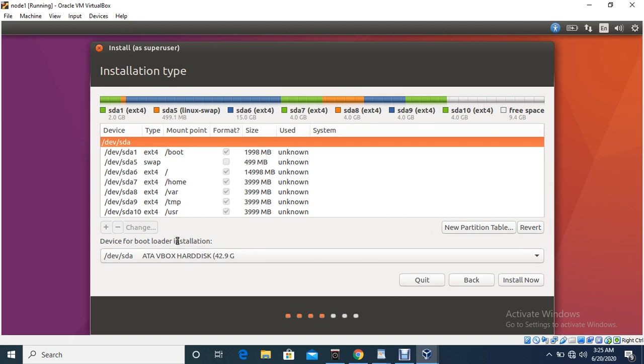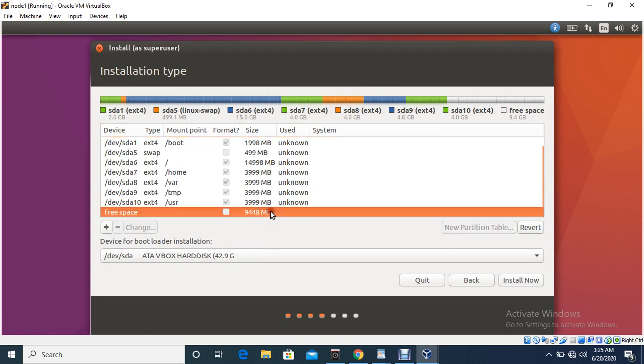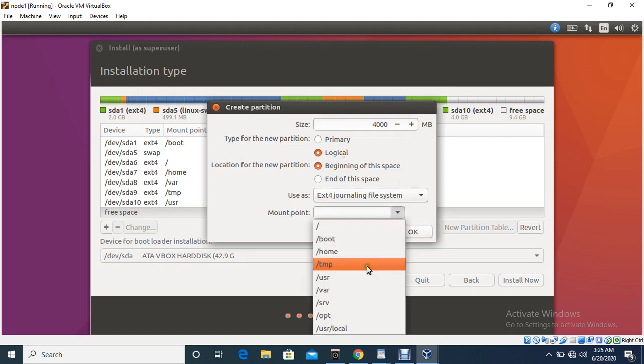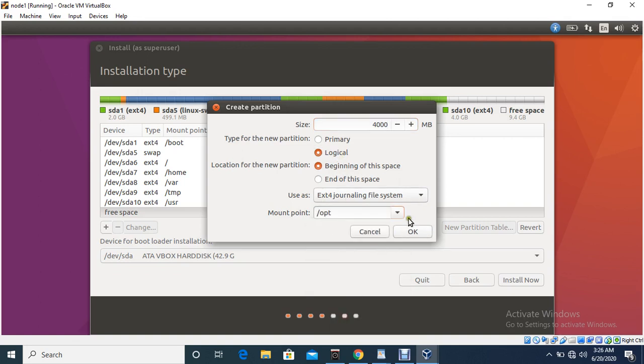Now let me create /opt. So let me select first the free space. That also I'm giving 4 GB, and /opt.